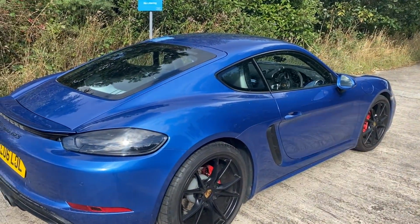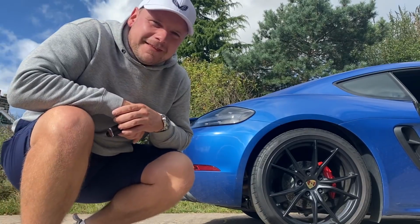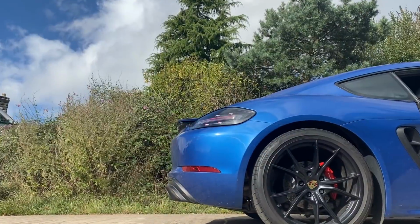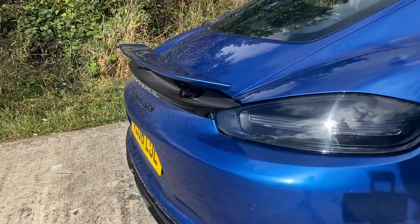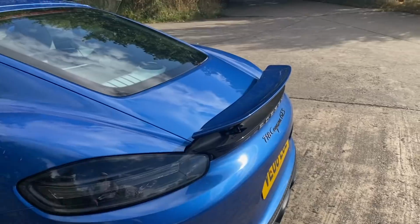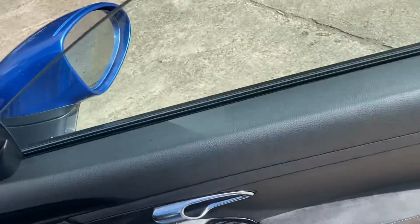Let's jump back in and let's see exactly, well, in fact I haven't showed you my favourite bit yet. And a lot of people might think this is sad, but it's always up, it's always up. It's the little things that make such a huge difference. Right, now she's ready, let's jump back in and I'll talk you through maybe what I would change in the